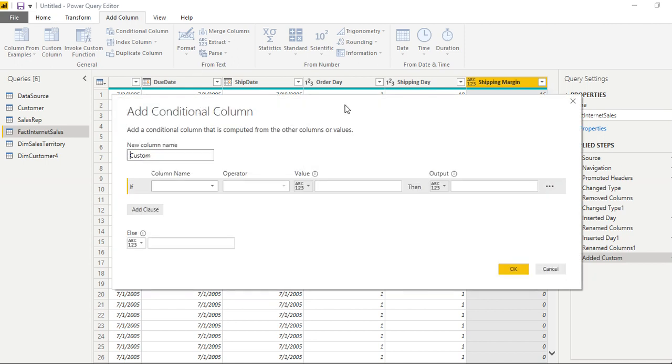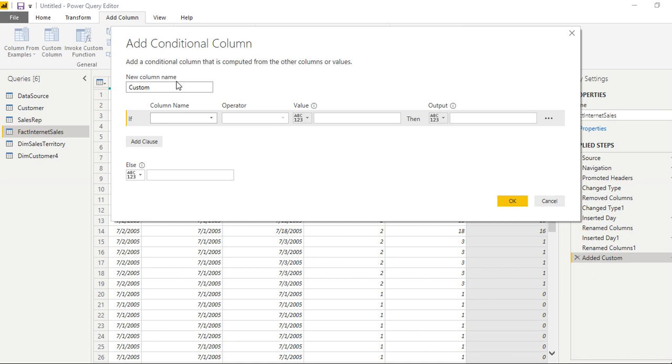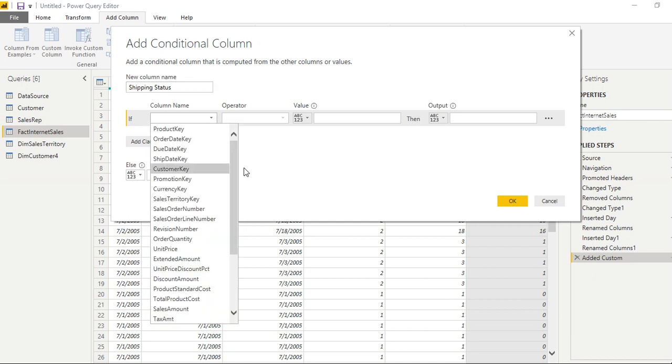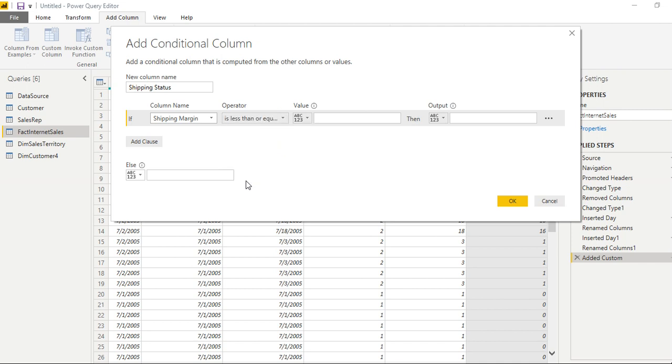So here it is, it comes up. What we need to do now is name it shipping status. The first condition is: if shipping margin is less than or equal to 2, that means if this product that is being ordered is being shipped the very day or the second day, I want you to name it as early